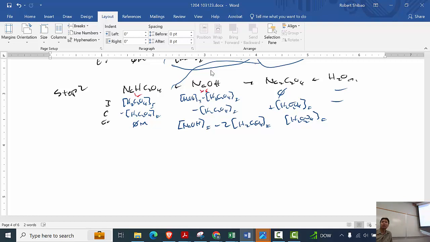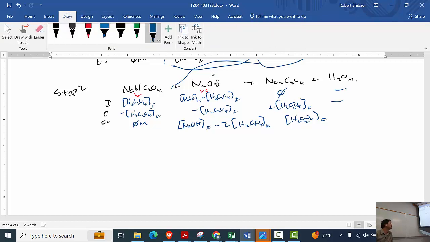If I have to do KB2, that'll be my step 4. If I have to do KW, that would be my step 5. And so what I'm going to do is keep going until I feel that I have the total hydroxide. If I think I'm going to get significant additional hydroxide, I'd continue. But what we're going to do here is assume that